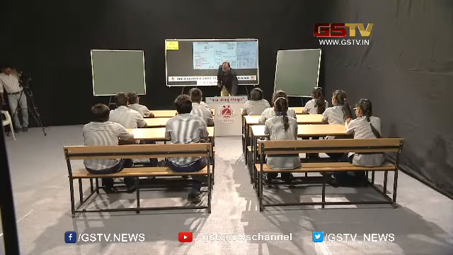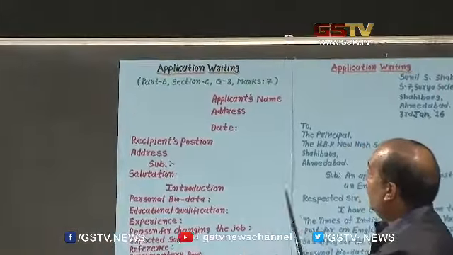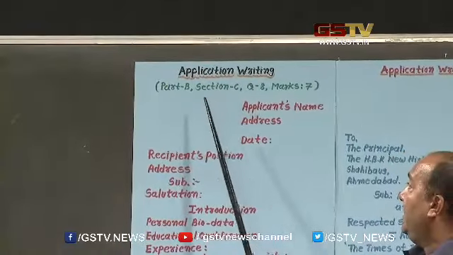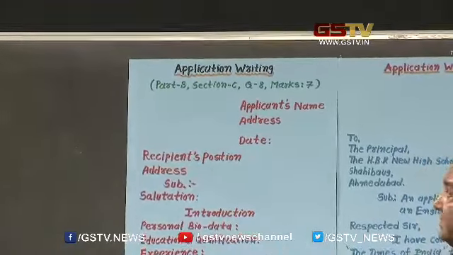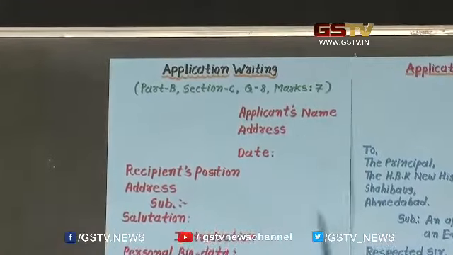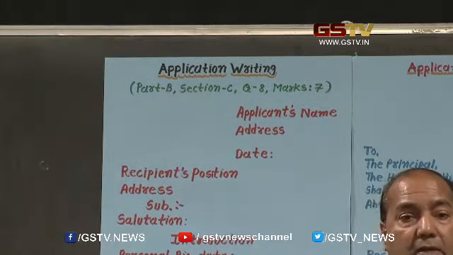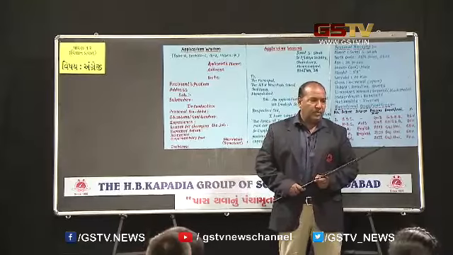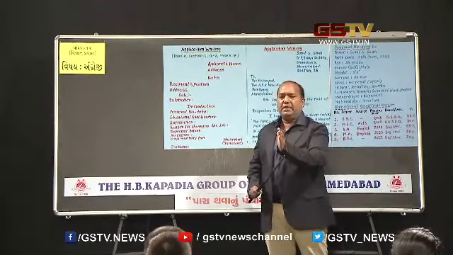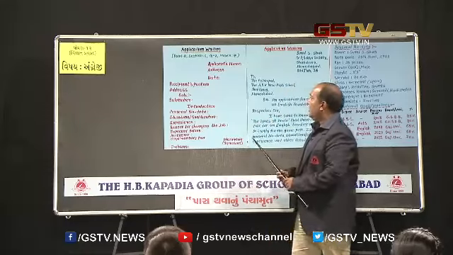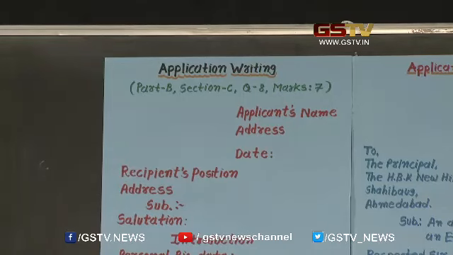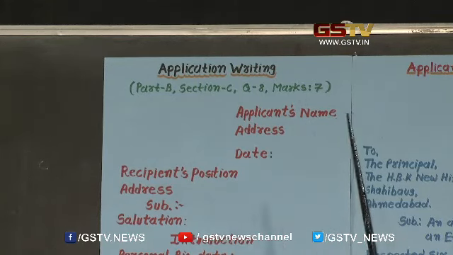Students, as we know, this type of question is asked in Part B, Section C, in question number 8. The value of this question is 7 marks, which means our responsibilities are greater now. First, we will discuss the format of an application, the plan of application, how an application should be written in a very nice way. Students, first, the name of the applicant and the address is written